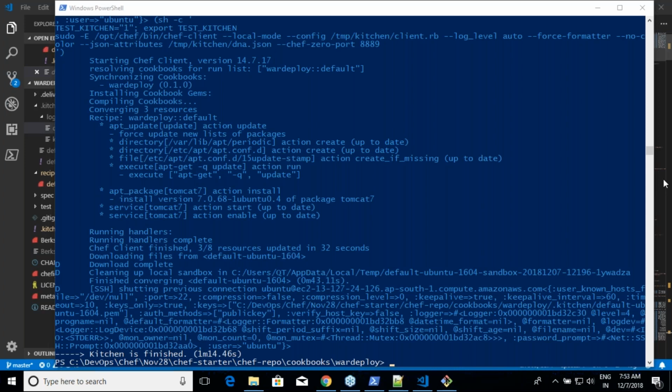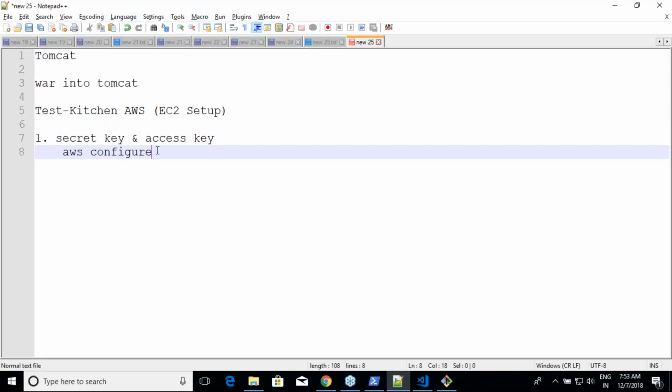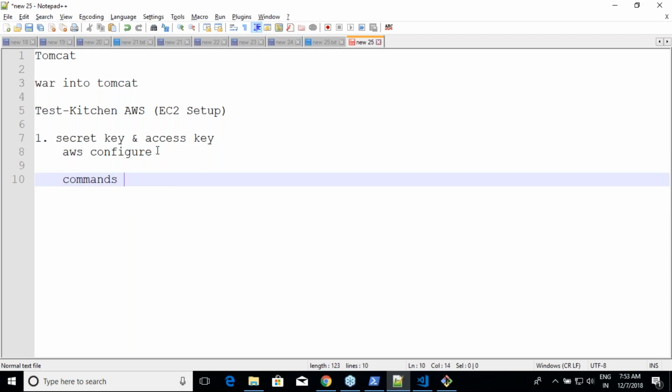Then put all of your commands in an array and iterate the commands. For example, you would write something like, I have 10 commands. So go to your attribute section, just say commands is equal to something like this. Commands equal to, okay, something like apt update, right? And then apt search something, anything, any nonsense. You just put all of your commands in this array and write an each statement around it.